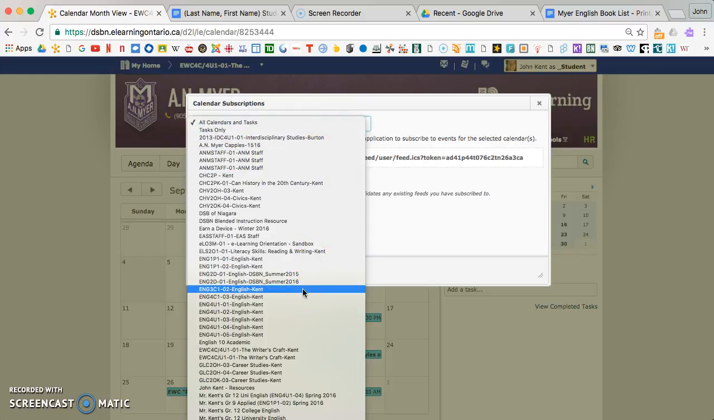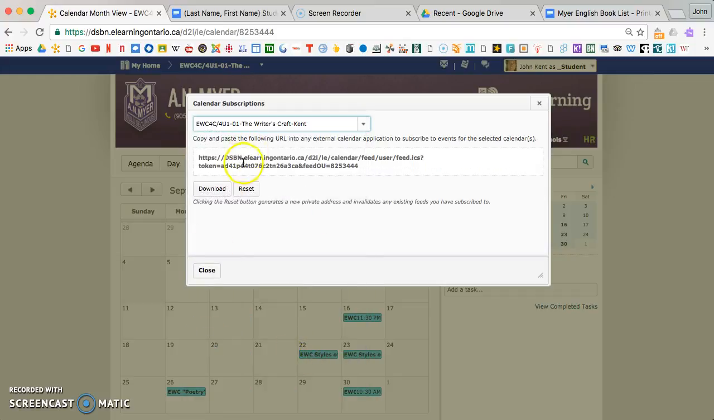The teacher platform and the student platform might be a little bit different, but just make sure that your course code aligns. So this would be Writer's Craft, the 4U 101 section. So just click on that. And then if you highlight this